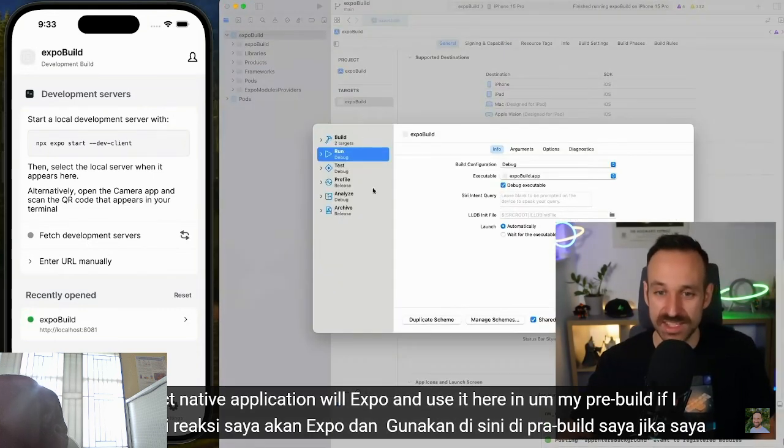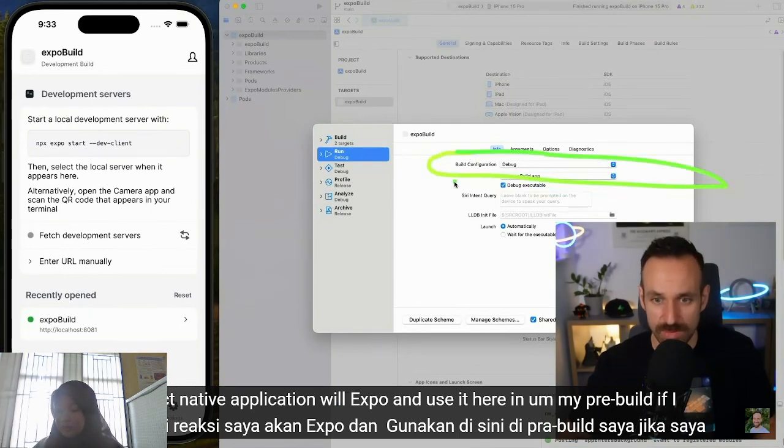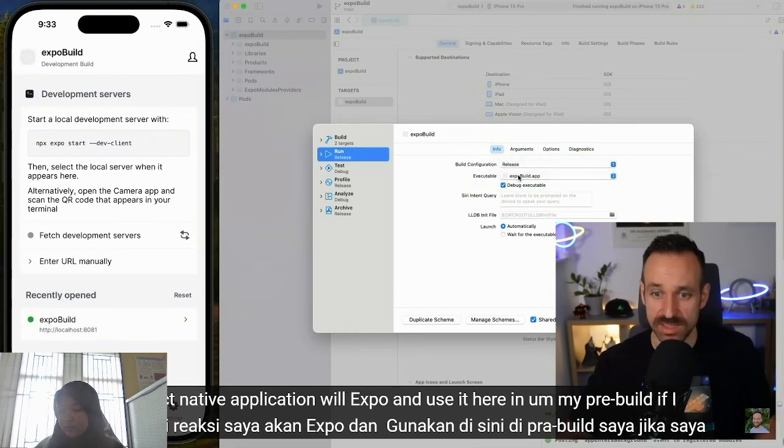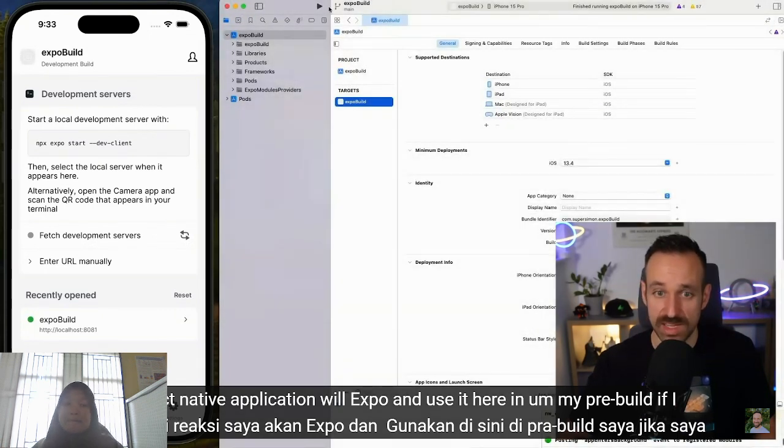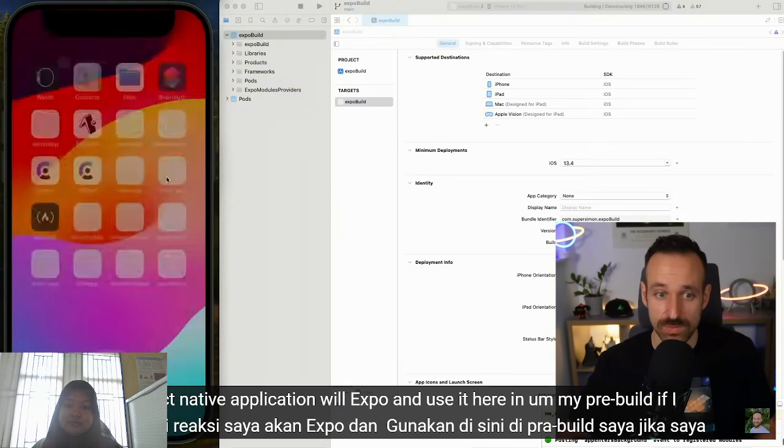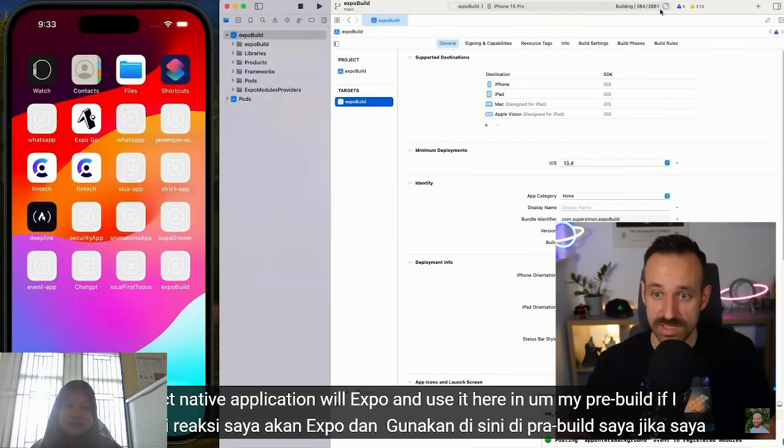You have to edit the scheme, and you have to go check here the build configuration. Right now it's set to debug. I will now set this to release, and I will close this, and then I will run this again to my simulator. Okay, so this is now building again. Hopefully it's not failing, and we're just gonna wait for a moment, and then we're gonna see what happens here